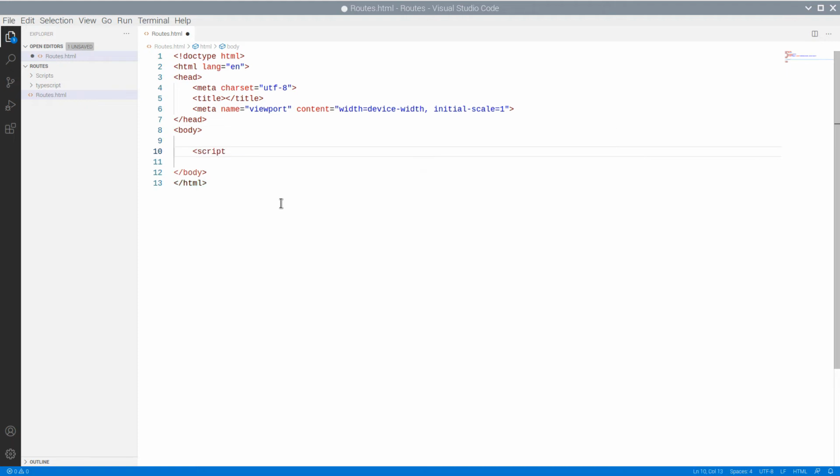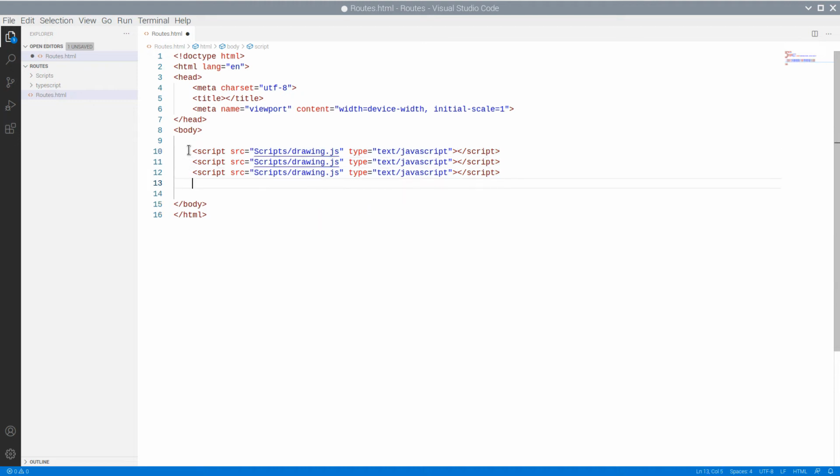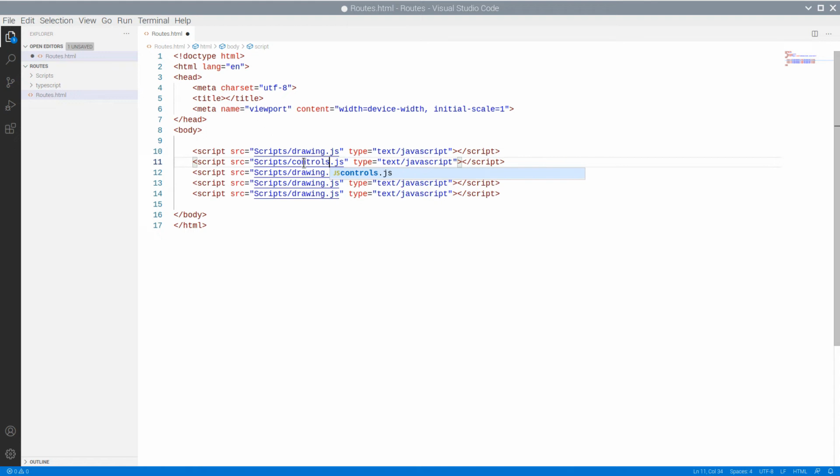In it, we will add references to the JavaScript files that represent the mapping control. We start with drawing. Then we need controls, common, collections, and finally mapping.